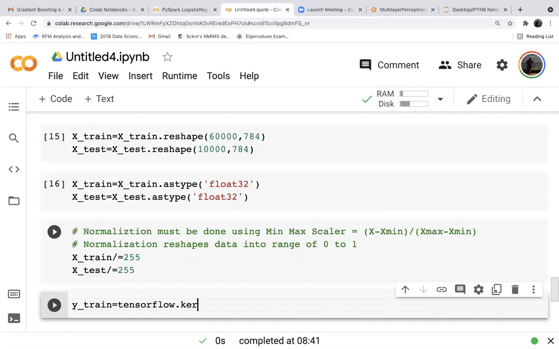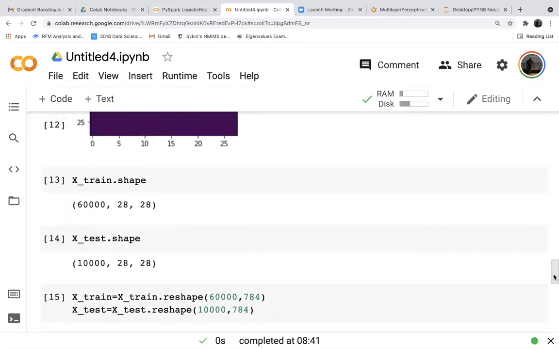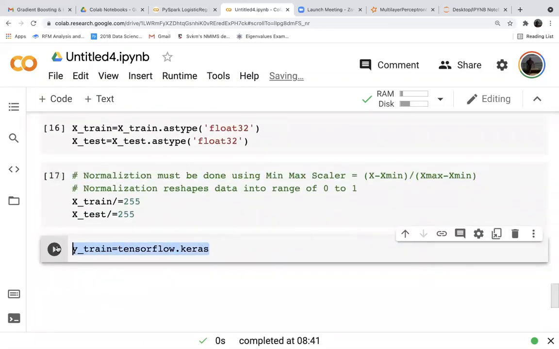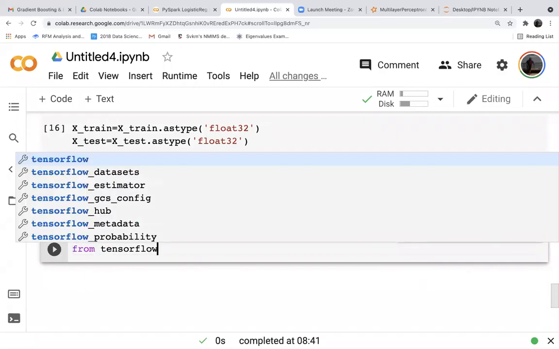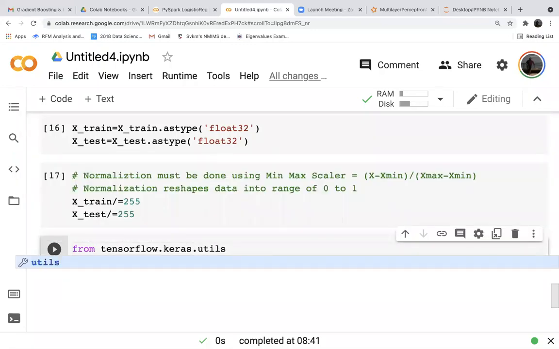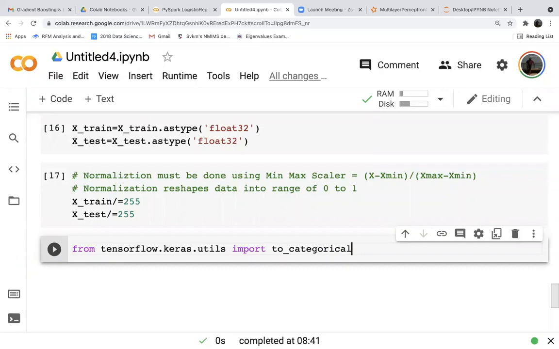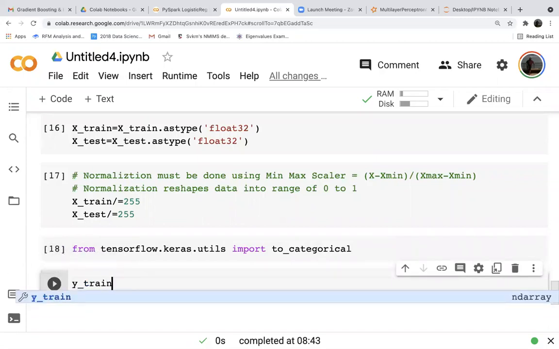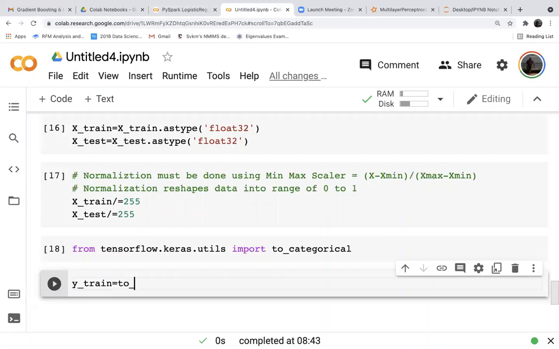We'll use this one: from tensorflow.keras.utils import to_categorical. Now y_train is equal to to_categorical(y_train).